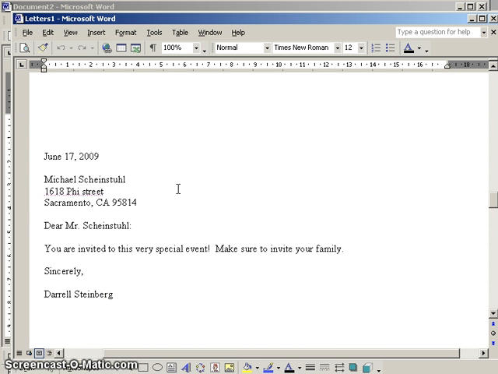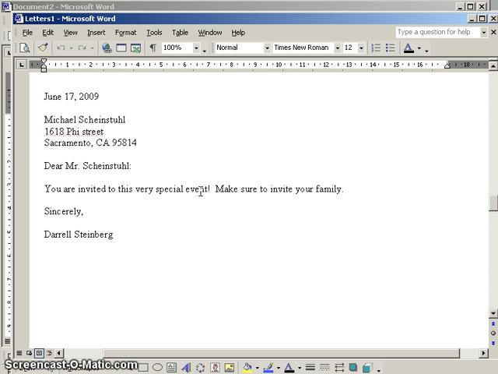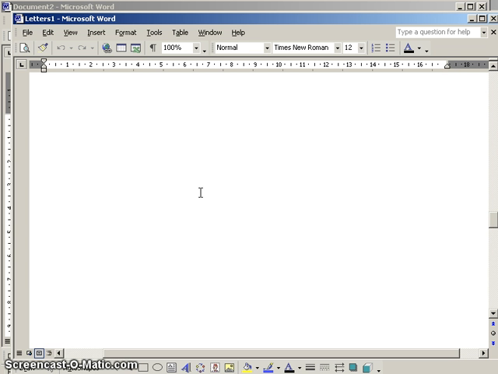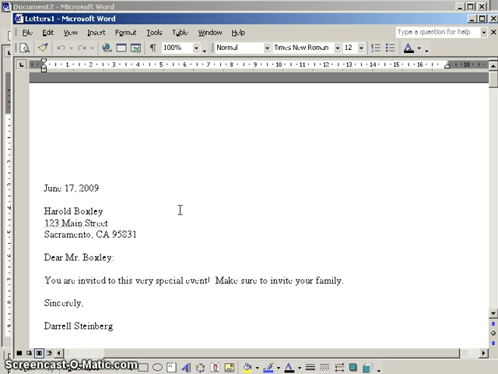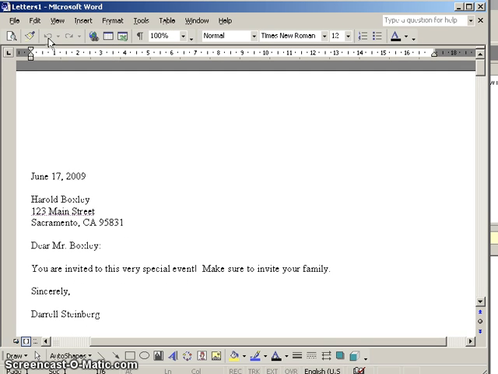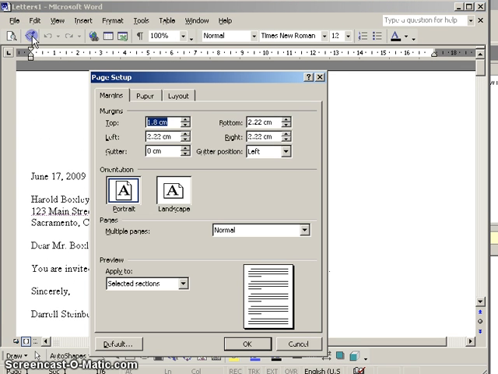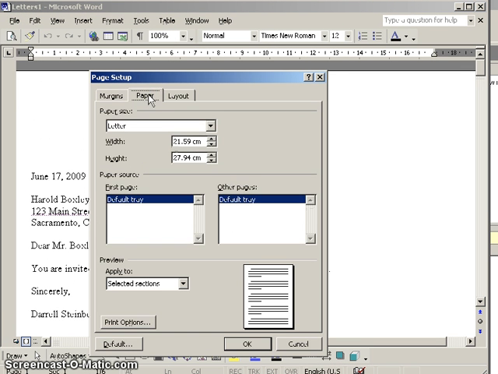Now there are some tricky things about the way that this prints. First of all, for most documents, if we're printing a multi-page document, then we want the first page to be printed on letterhead and the rest of the pages on blank paper so that we don't waste letterhead. In this case, however, we want all of the pages to be printed on letterhead. So we want to go to File, Page Setup, and go to Paper, and